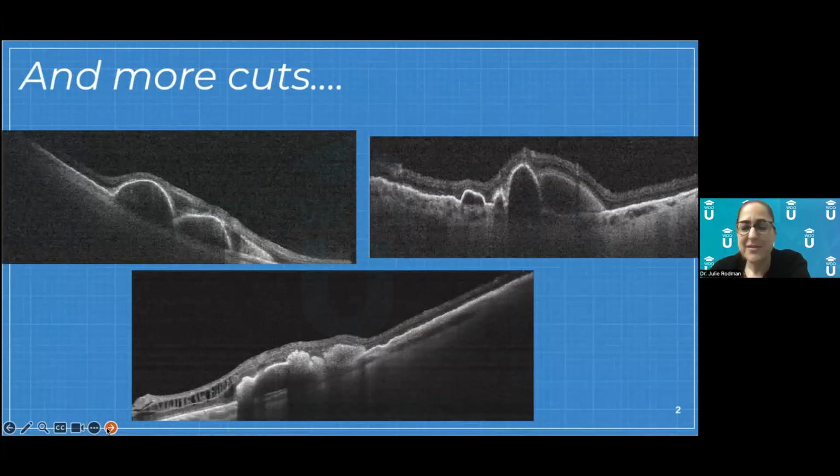Here's some more cuts, just some really wild things. Here we have what we call a bilobed PED. This one again has, you can see the variability in the coloration. There's some black and some more haziness. Same thing here, a lot of variability. And then look over here at this hyperreflective wedge. That really doesn't belong there either. Hyperreflective wedge may indicate that there's some bleeding.